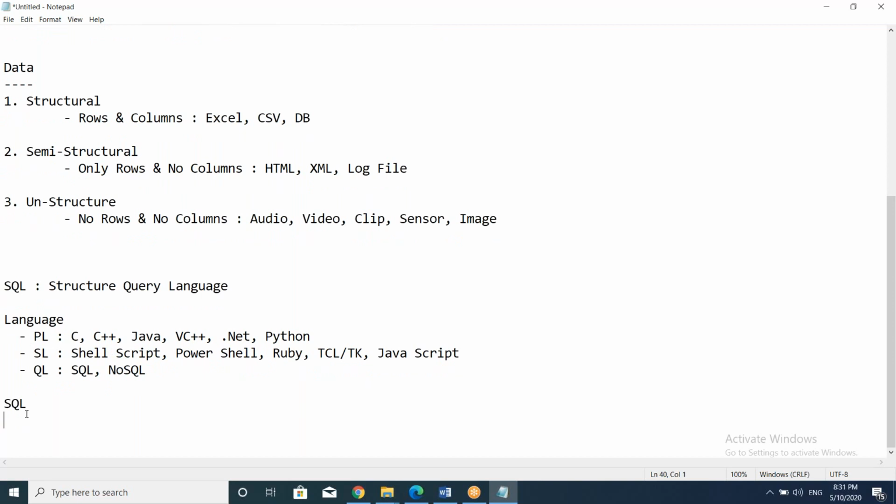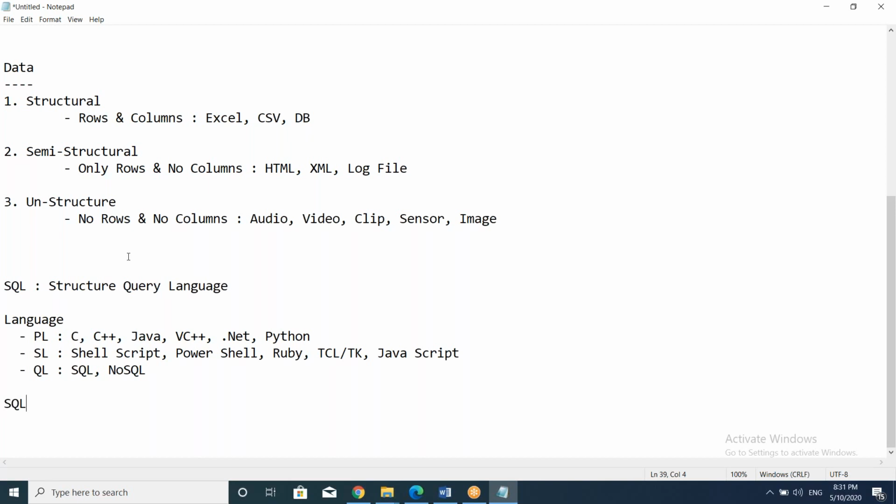Okay, so whenever you are using this SQL, it is not only helpful for testing or support. It will be helpful everywhere. Any kind of technology you can go and work in Hadoop or AWS, or in testing, in automation, or if you are going for ETL, data warehouse, big data, anywhere you can go, this SQL will be helpful. If you know SQL, then NoSQL is also similar. NoSQL is very similar to SQL, so you can easily learn that also.